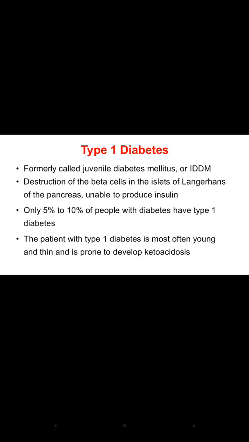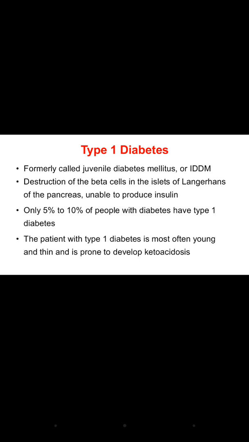So what is type 1 diabetes mellitus? It was formerly called juvenile diabetes mellitus or insulin dependent diabetes mellitus. It was called juvenile because its onset is most commonly seen during the childhood years. So that's why it was called juvenile diabetes mellitus. Now, why is it called insulin dependent? Because those who have type 1 diabetes mellitus need insulin. It is not that with medications their blood glucose levels will be maintained. No, they will require insulin definitely. So that's why they are called insulin dependent diabetes mellitus.